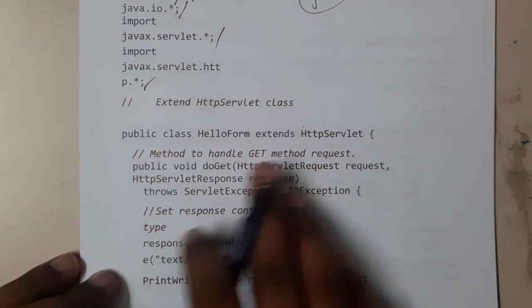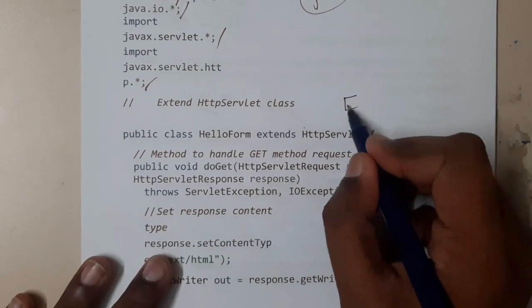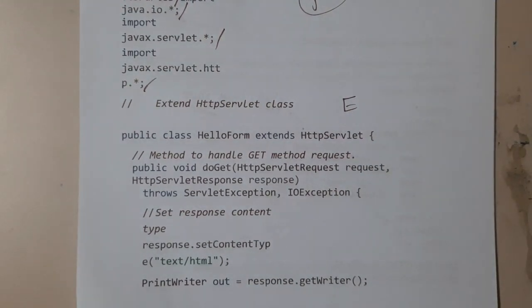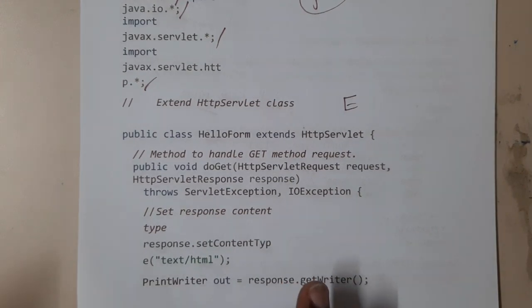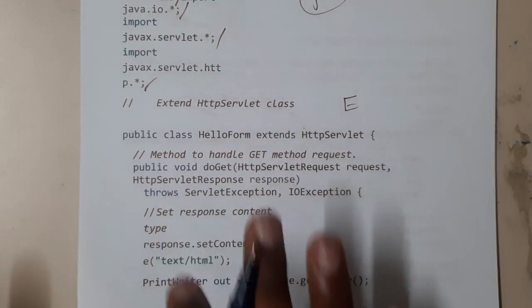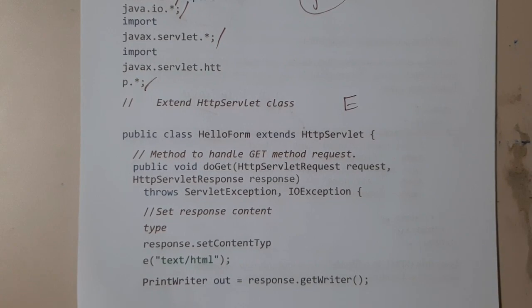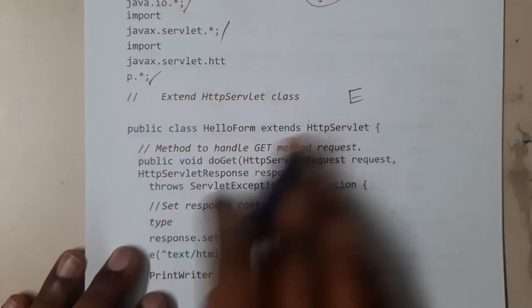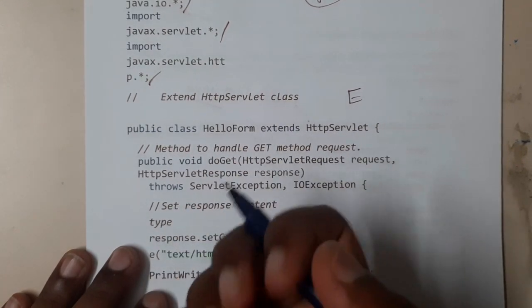Whenever I code, I use Eclipse. Whenever you create a .java file in your web contents, it will automatically create the boilerplate code. That's the main advantage when you are using some kind of IDE. Here we are getting the data, right? So doGet. Here also, you are trying to get the data.